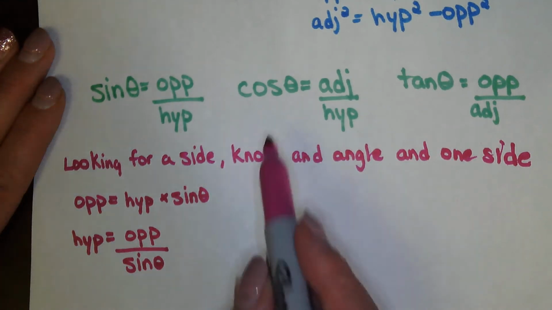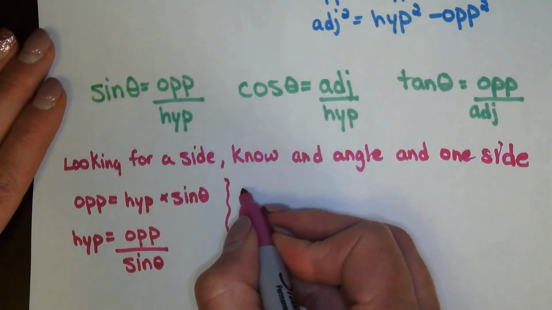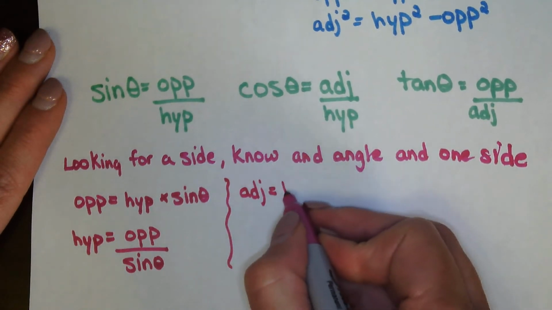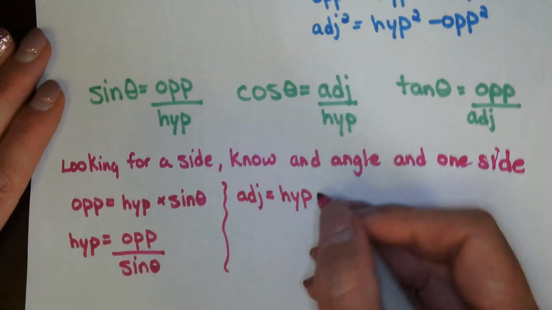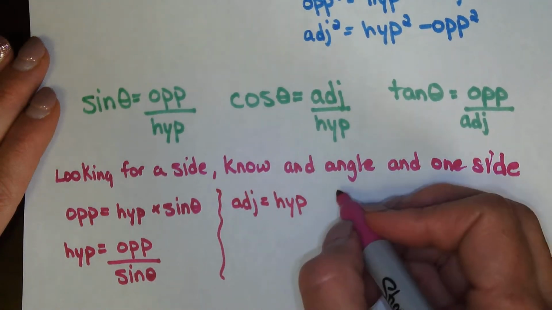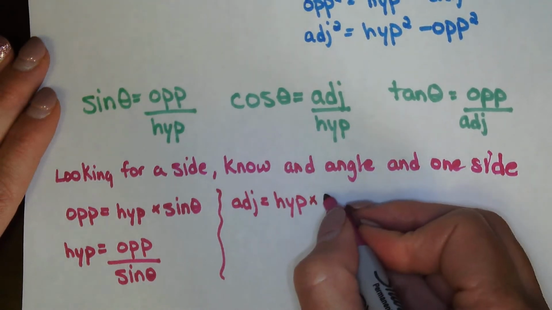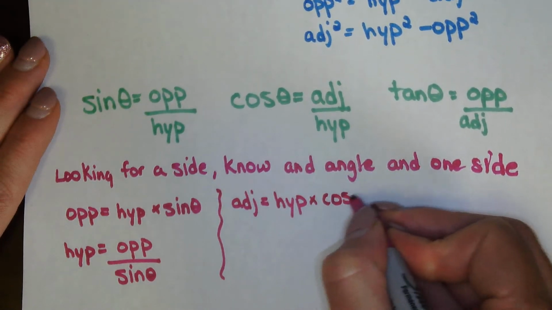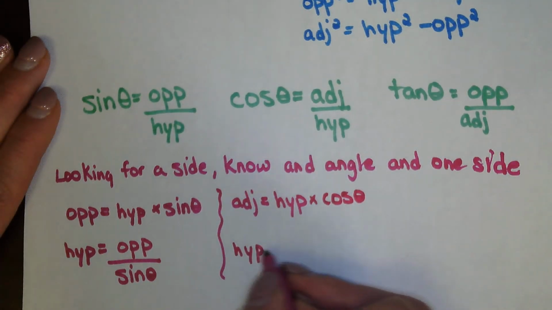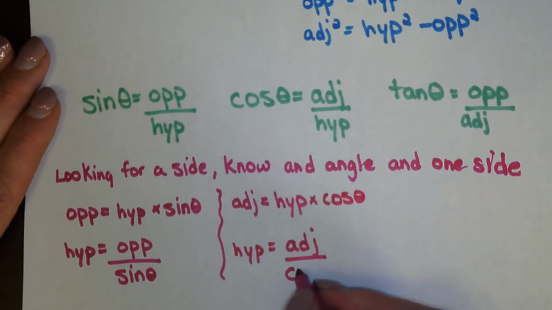Okay, and I can do the same thing with cos. So instead of opposite, we're going to use adjacent and change up the formula. So we've got hypotenuse times cos of an angle, or if I happen to be looking for the hypotenuse, but I have my adjacent and an angle,